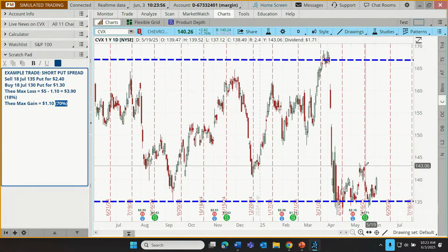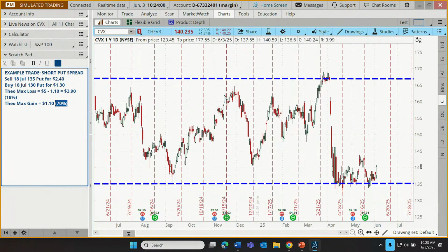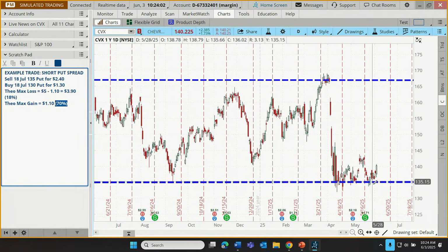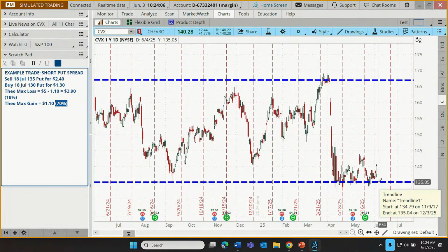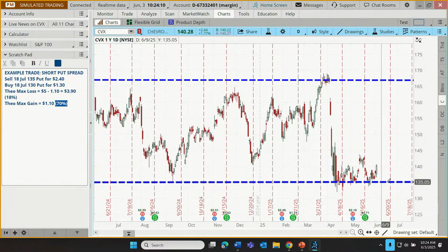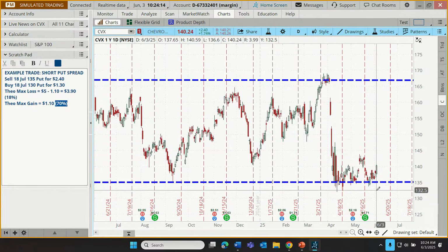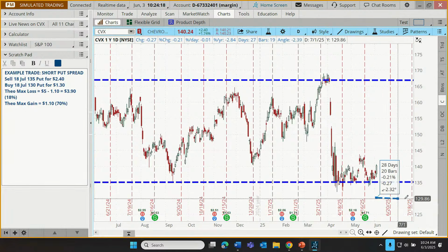I'm going to map this out on our chart because I think for some people that's beneficial. It helps sort of visualize what's going on. So our 135 is the put that we're selling. We already have a line there. Let's draw a second line just down below today's candle at 130. Right about there. That's close enough. And I'm going to carry that out to expiration.